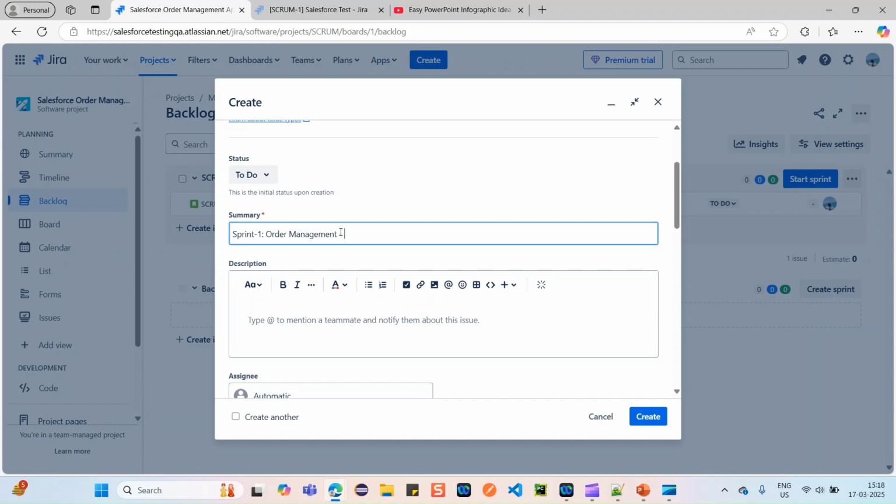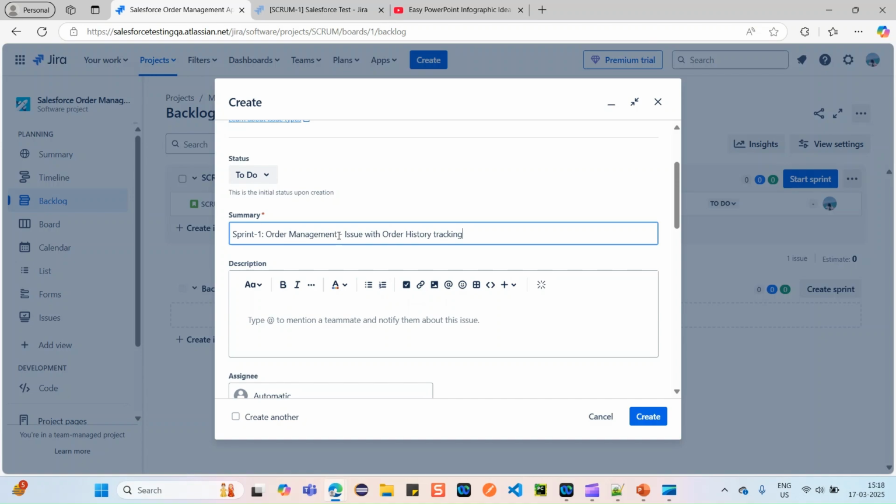Then you can start with the actual defect description, like what the issue is, for example, issue with order history tracking. Make sure to maintain a proper naming convention.